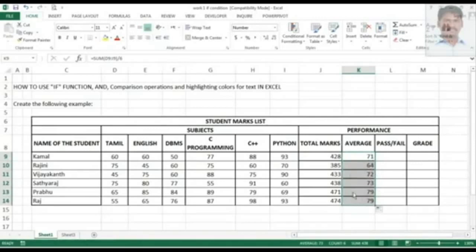Okay, now the most important thing is that we need to figure out whether the student really passed or failed the exam. For testing this, you need to apply the IF function. It's also called the if condition. For this, we should not find the answer using average or total marks. First of all, understand this column says whether the student passed or failed. So we need to test